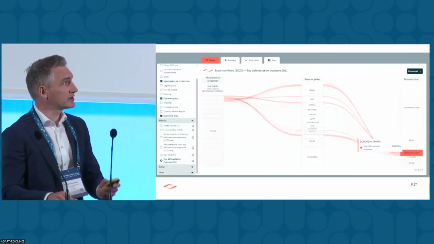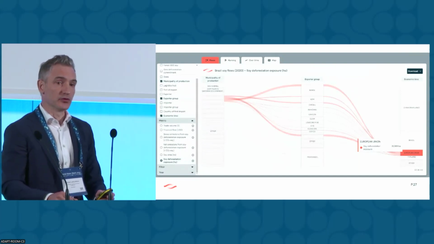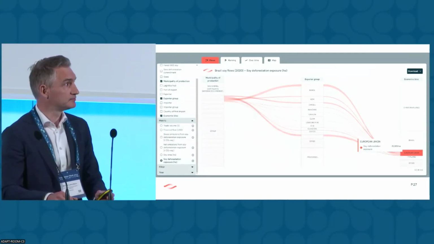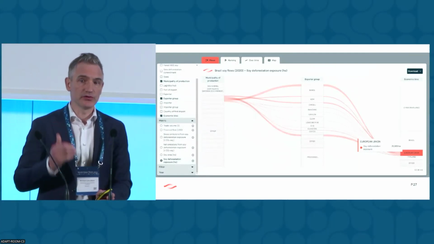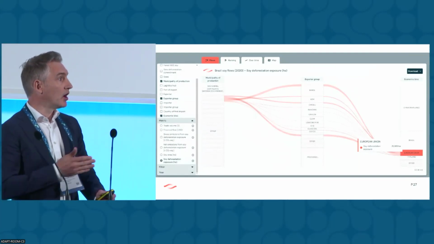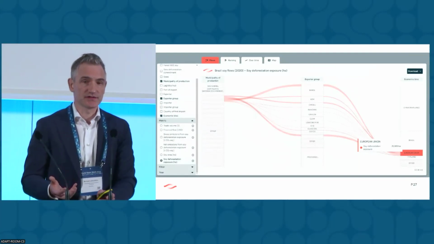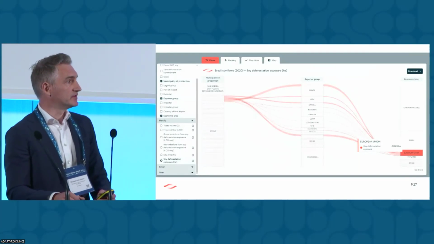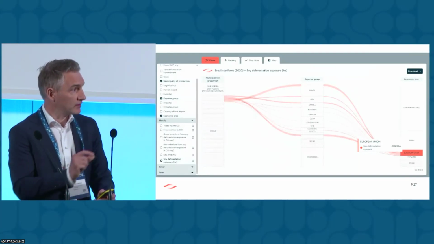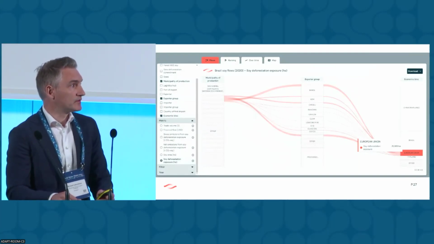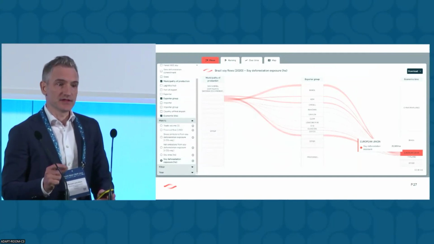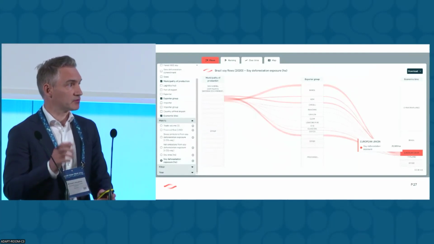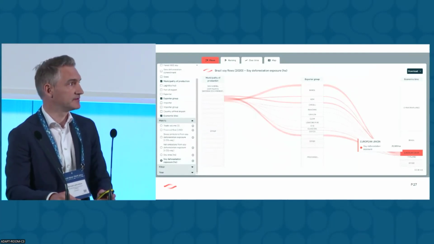And if we look at this example, which is the exports of Brazilian soy in 2020, you can see on the left all the municipalities that produced soy in 2020. On the right-hand side, the countries that imported soy in 2020, and we've filtered the imports of the European Union and linked that to the amount of deforestation that's associated with those imports. So that's roughly 31,000 hectares of deforestation.